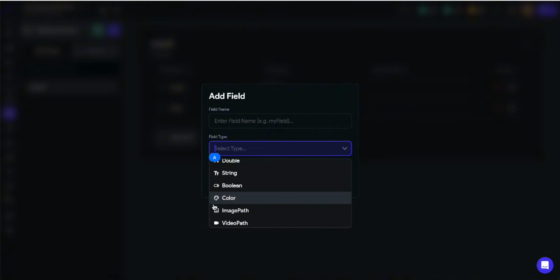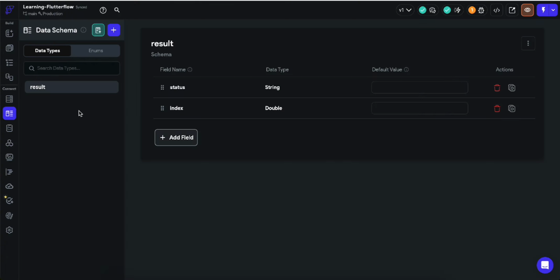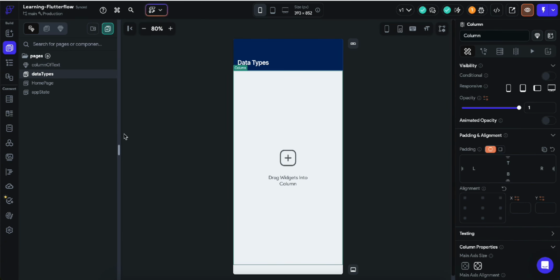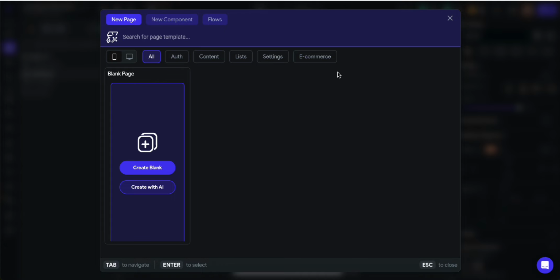And this color property is a FlutterFlow default data type. If you set a color property, you can easily assign the color in the FlutterFlow project. And image path is what you use if you want to save an image path into a variable. Because in FlutterFlow, let's suppose I go to data type and I can add image,